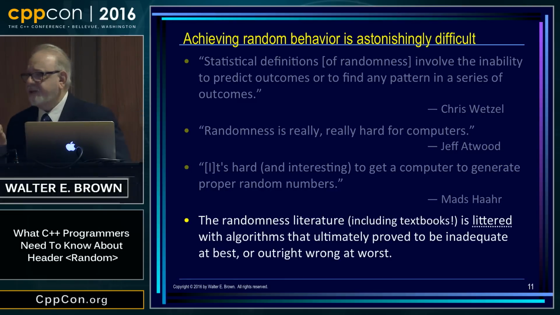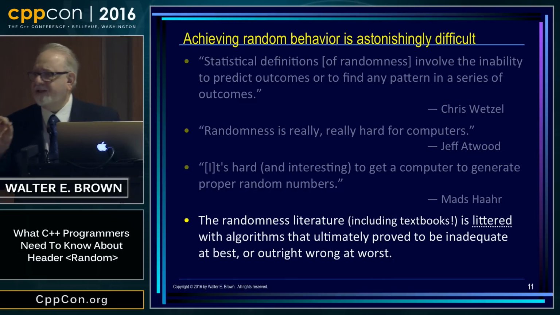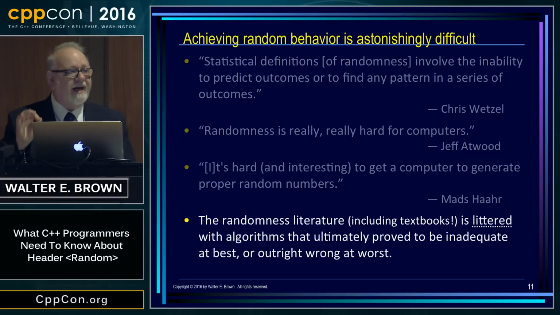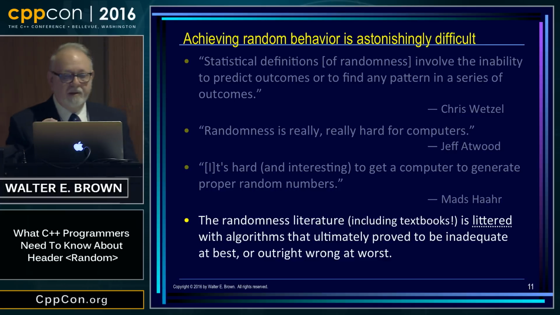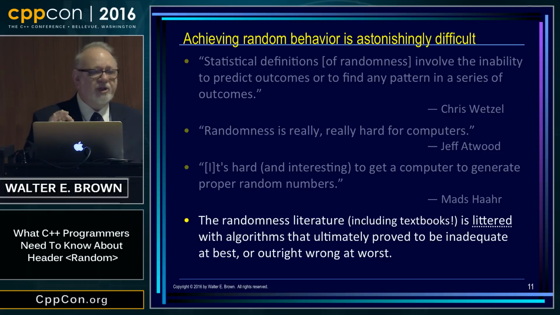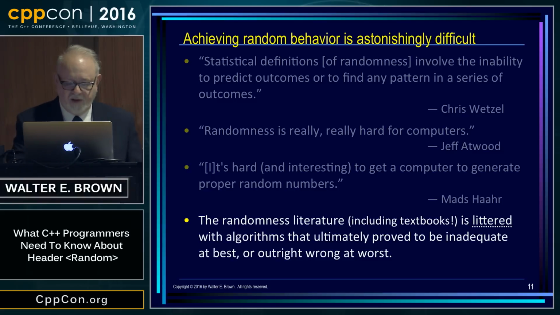The problem is, if you look at the literature of the past 60, 70 years, as I have done, I don't claim to have read all of it, but I've read a fair amount of it. I am not exaggerating. It is littered with algorithms that were just plain wrong, but that people have been relying on. And because it's been published, people think, therefore it must be good, and some of these things are still in use today. Please don't rely on anything until it's been exhaustively tested. There are so many pitfalls.